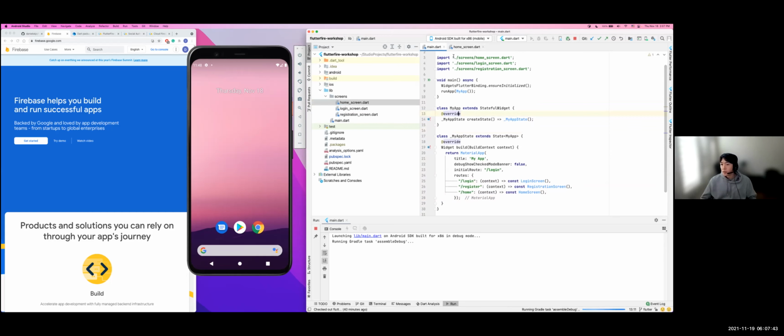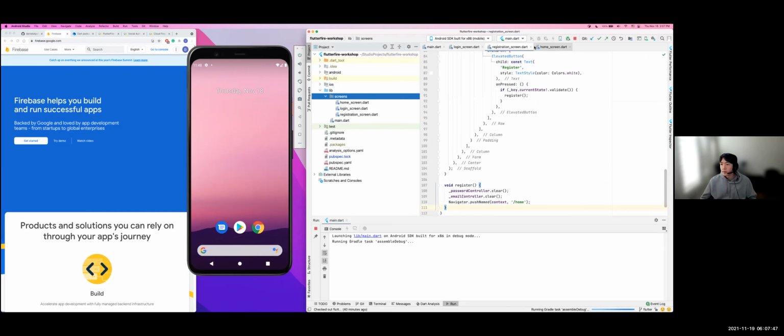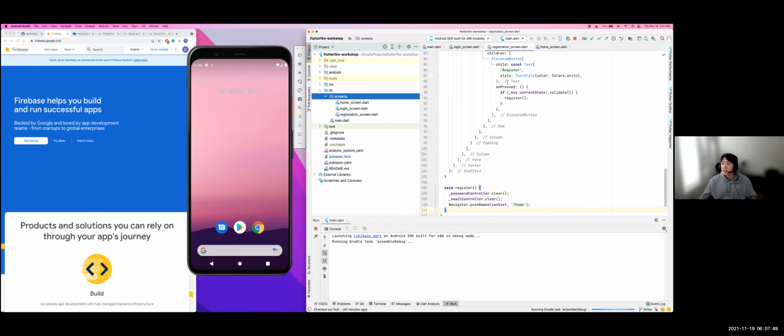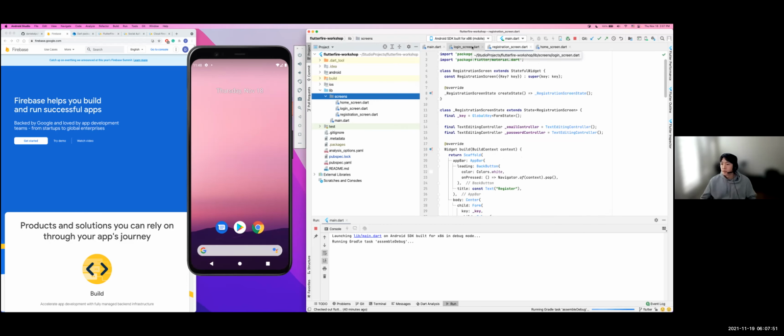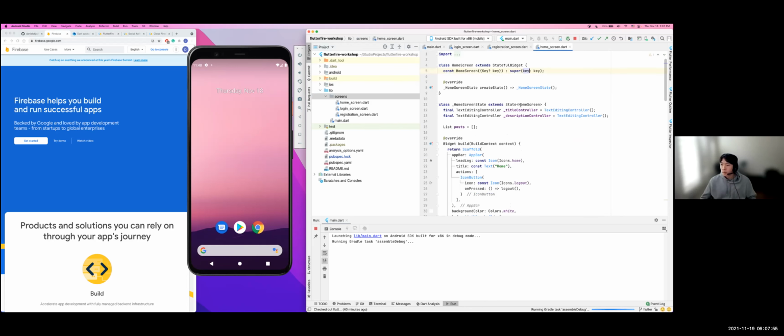I also have three files in a directory called screens. This is the front end, the screens that we'll be seeing throughout our Flutter application. Hopefully it loads faster. Meanwhile,